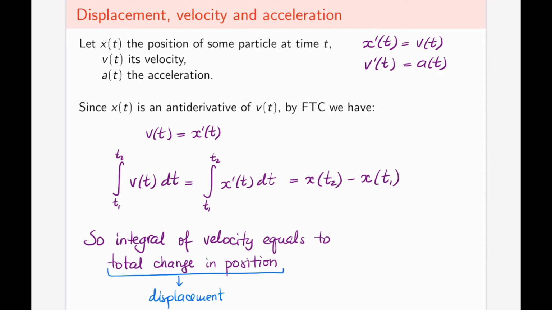If I leave my house, go out for groceries, and come back in, my total displacement is the net change. My position at the end, which is my house, minus my position at the beginning, which is also my house, is in fact going to be 0. So my displacement will be 0, whereas my distance traveled is going to be obviously some number that is not 0. In order to visualize this on the graph, let's construct a quick little graph of what the velocity function would be